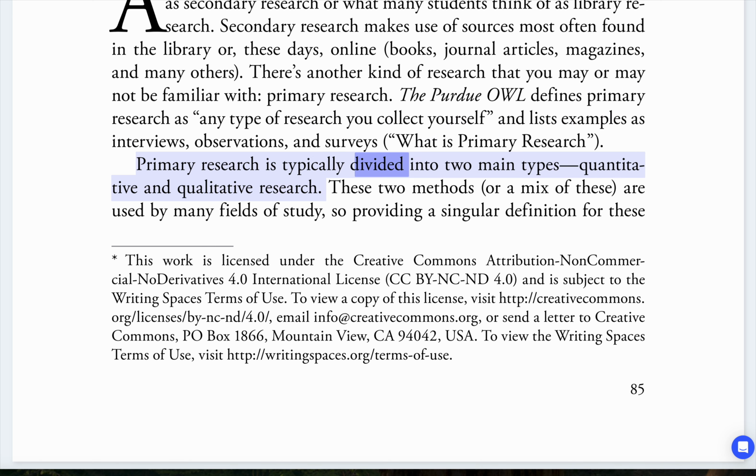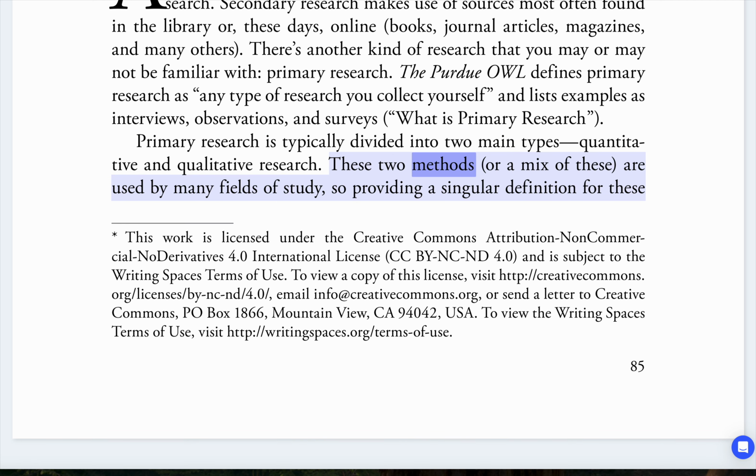Primary research is typically divided into two main types: quantitative and qualitative research. These two methods, or a mix of these, are used by many fields of study. So providing a singular definition for these